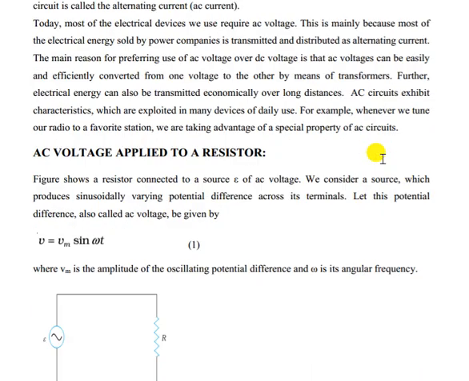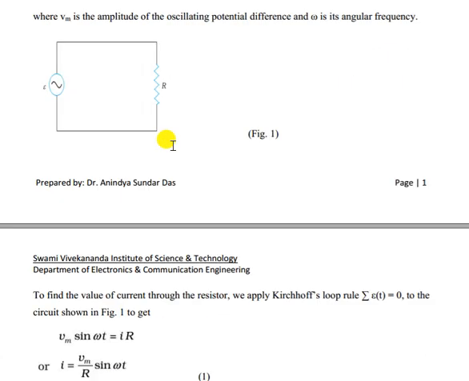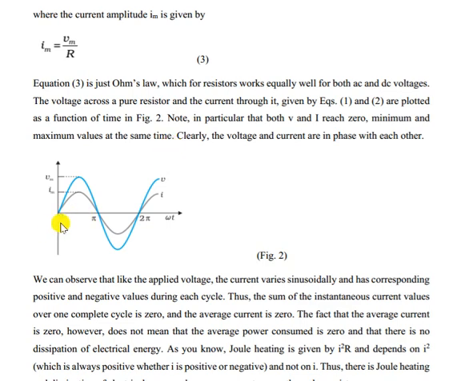So now, let us consider an AC voltage applied to a resistor. In this simple circuit, we have an alternating voltage source, an AC source, whose V is Vm sin omega t, where Vm is the maximum value of the sine function. Let us see the waveform. This is Vm sin omega t with respect to omega t, and this is the maximum value Vm. This is one complete cycle, which is one time period T, so the frequency will be 1 by T.